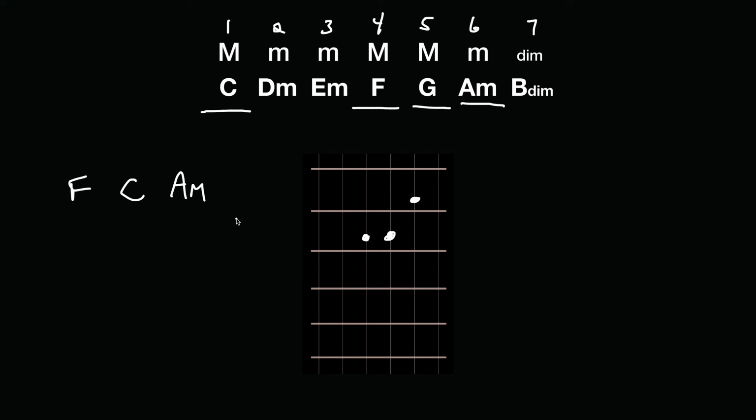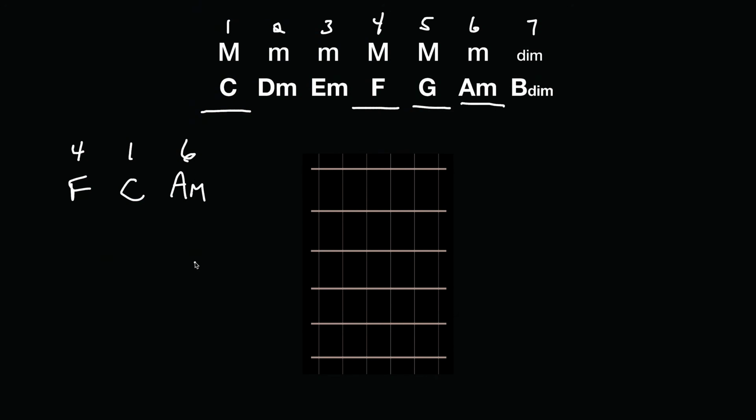The shapes are associated to numbers. So let's say you're playing this progression and you know that this is the 4 chord in the key of C. This is the 1, and this is the 6. Well, we'll take another video to get into worship style voicings. But commonly in worship music, this 4 position adds the 2 or the add 9, and the 6 position adds the 7 to the minor chord.